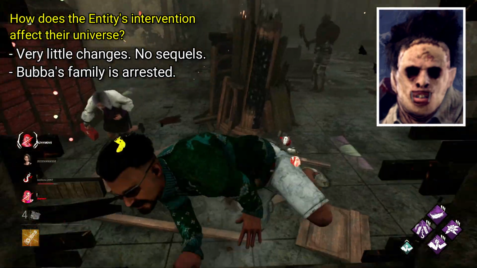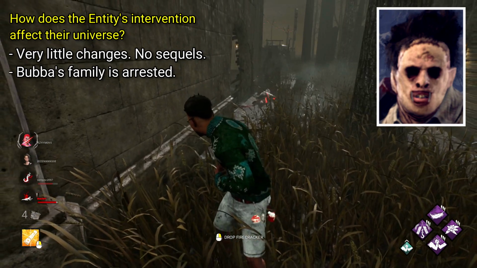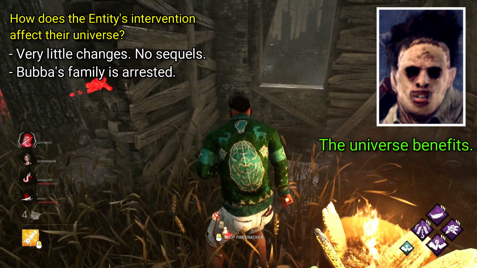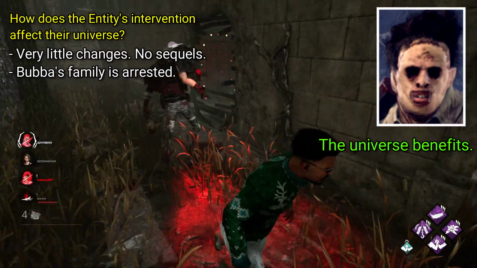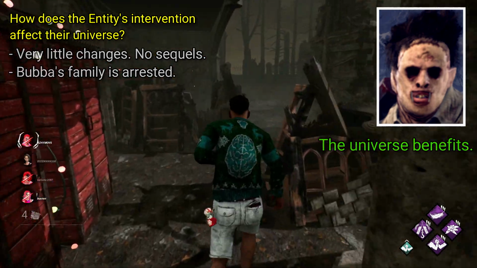Based on how the film frames the events of the massacre, it would likely become known fairly broadly, at least in the area and potentially Texas. Bubba is likely searched for after his disappearance, but it's soon assumed he is dead in some form when they are unable to find him. His family is likely just arrested, and that's it.